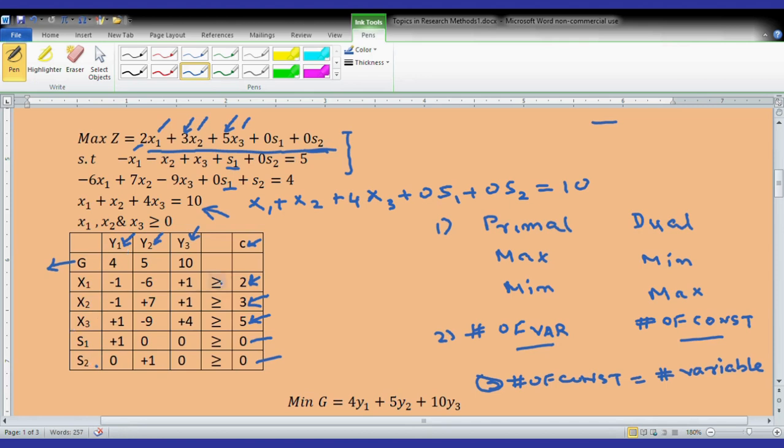So this is done, and then see that as far as this first row is concerned, these 4, 5 and 10, see where they are coming from. They are coming from the constraints. They are now the right hand side of the constraints. So the first constraint is having a value equal to